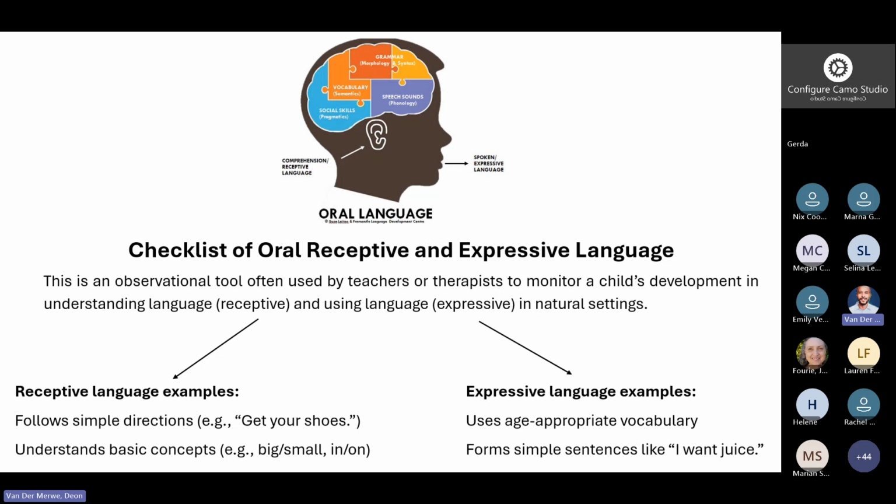If you're not a teacher, engage with the teacher and perhaps request the type of vocabulary that he or she is making use of within the classroom. If you are a teacher, make contact with the teacher of the case child in order to develop your observation, or to develop your checklist meaningfully for the child. And then also forms of simple sentences like "I want juice," and just allowing the child to either